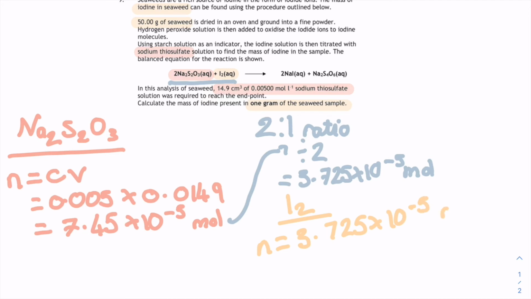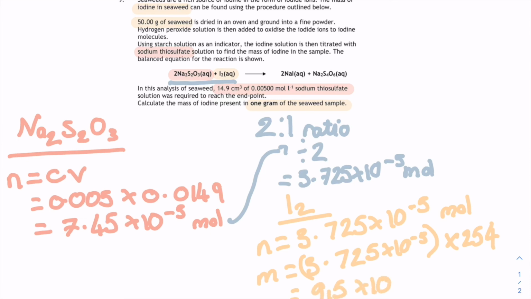You're interested in calculating the mass of your iodine, so that must mean that we need to have our gram formula mass. So our mass equals your number of moles that you've just calculated, so your 3.725 times 10 to the minus 5 times the gram formula mass of iodine. So remember it's I2, so that should give you 254 grams. And if you times them together, you're going to get a very small answer of 9.5 times 10 to the